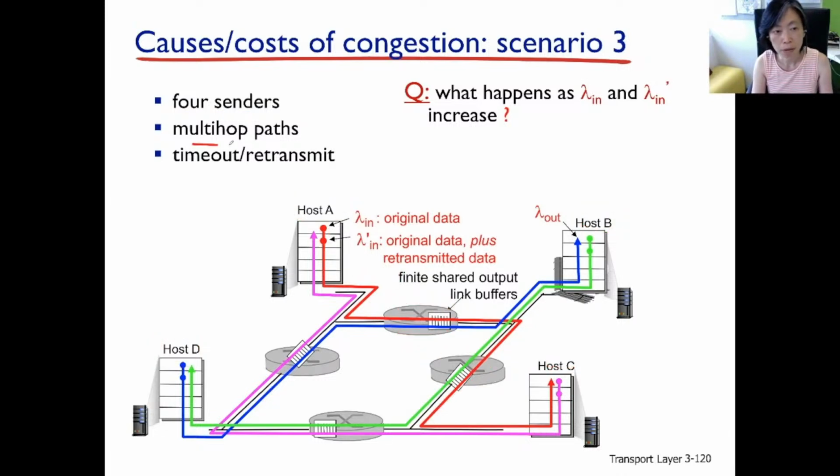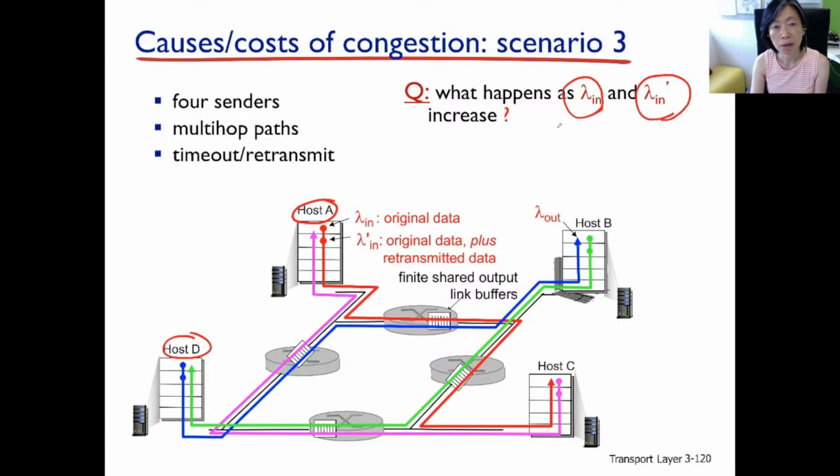So multiple hops. And we might run into a buffer full situation, therefore we could have packet drops, and therefore we do need a transport layer mechanism to try to do retransmission. So similarly, we have lambda in, which is the input rate from the application layer, and lambda in prime being the input rate of traffic into the network from the transport layer. Now let's focus on the red flow coming from host A and the blue flow coming from host D. And these flows will increase the sending rate lambda in. And therefore, lambda in prime will also be increasing and sometimes increasing faster than lambda in.